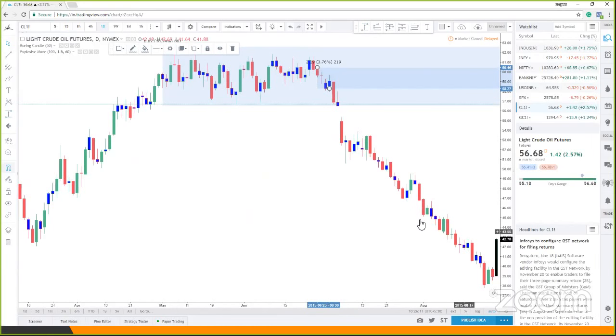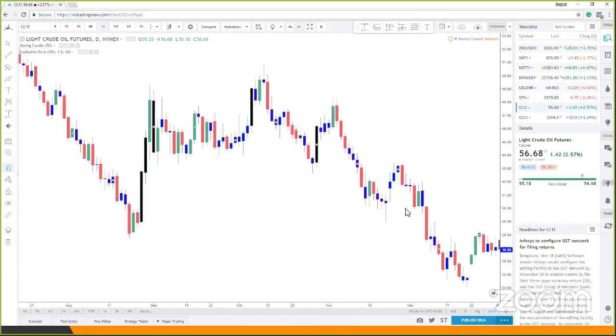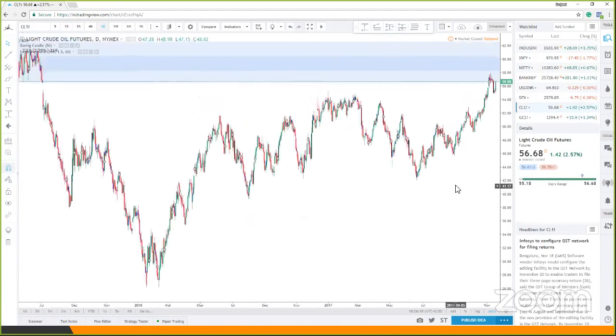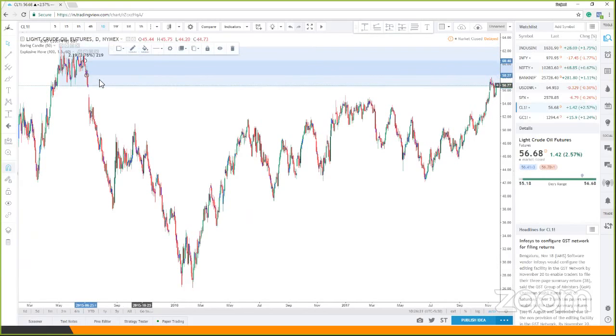We are almost at 56.68, so we can wait for it to go a little higher, which is where we do have some shorting opportunities on crude oil, from 58.27 to 60.46. This would be a good area for looking at shorts on crude oil. Even though the last 1 to 3 months have been a bullish phase, at this point of time we are closer to supply.